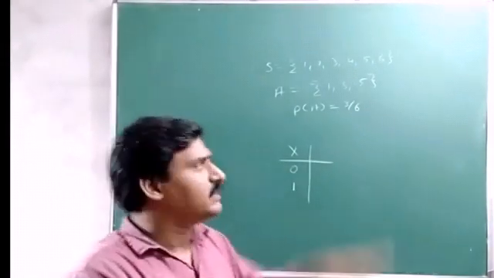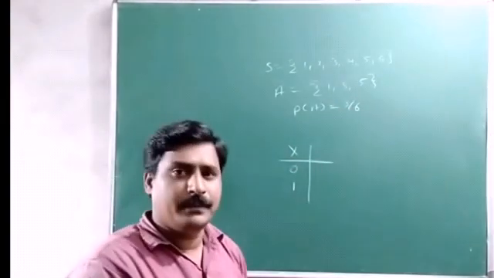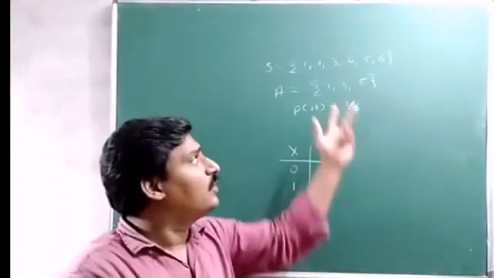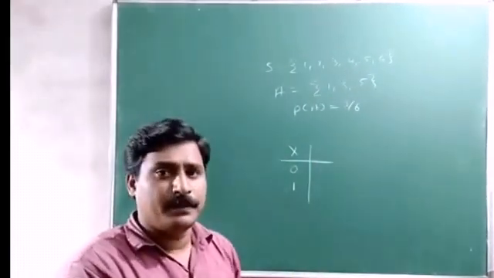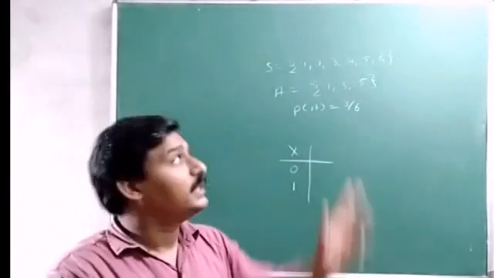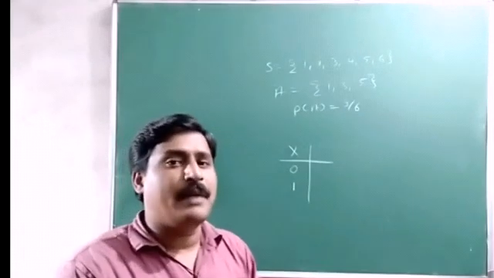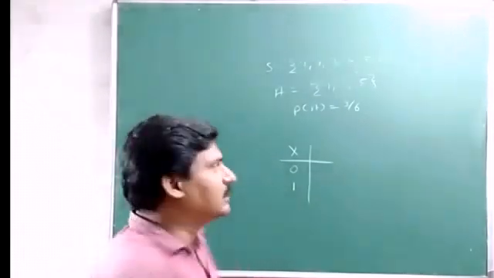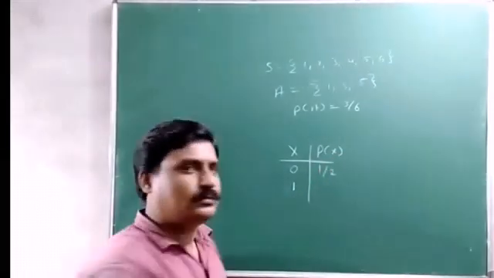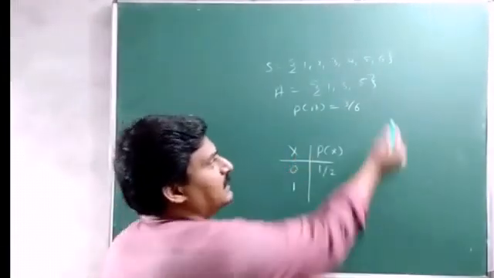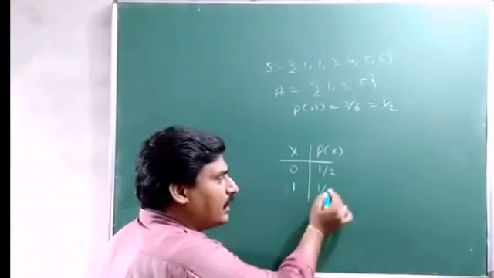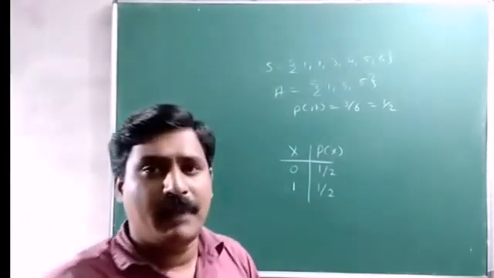Either any of these, either 1 or 3 or 5. If I get any of these, that is a success here. If I don't get any of these, then that is a failure. Then the probability of getting an even number: there are 3 even numbers. So the probability associated with that is P of X equals 1 divided by 2. That is 3 by 6, which is nothing but 1 by 2 here. And here the probability of getting an odd number is also 1 divided by 2.